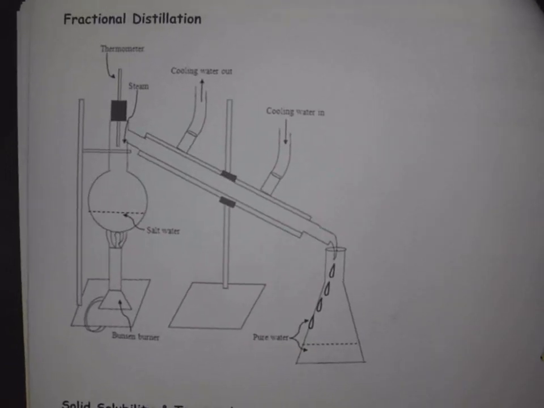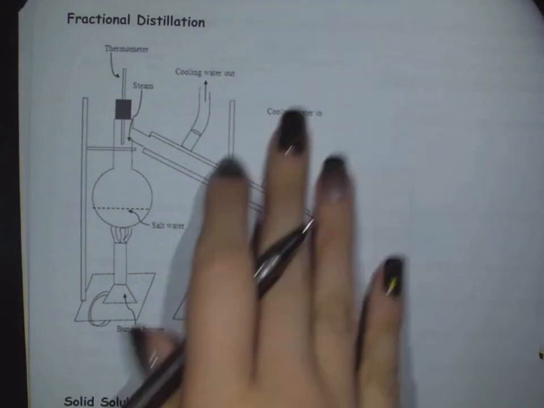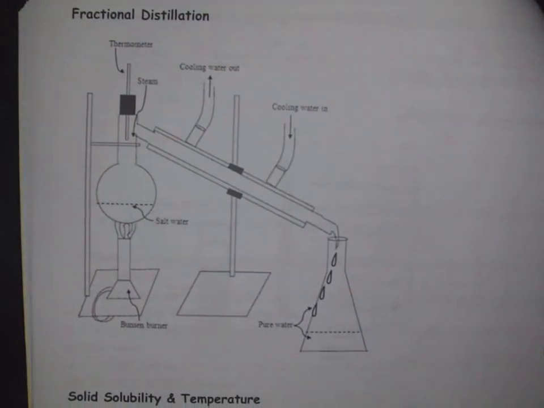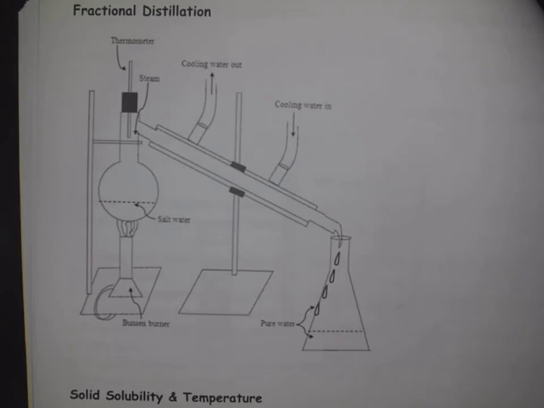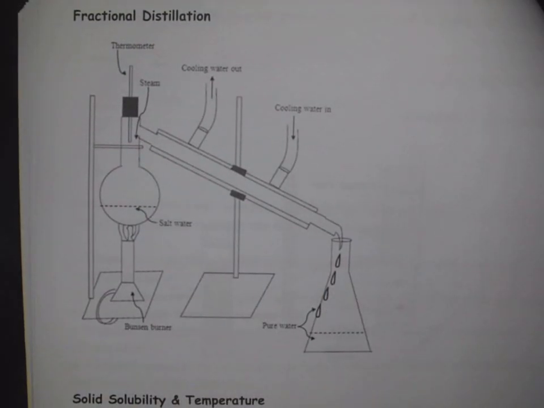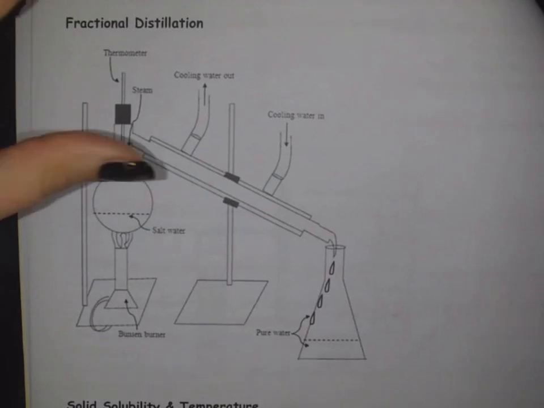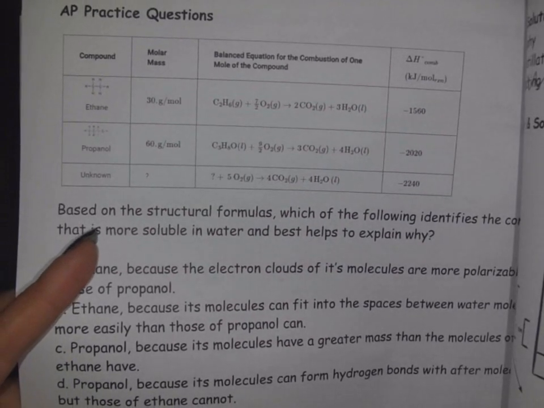The other separation technique that works well for polar versus nonpolar things, really it's strength of IMF things. We have distillation, this is such a fancy apparatus. We can simply boil something off, boil it at a different temperature, and that's also distillation. But if we then want to catch it, this is how you would condense it back to a liquid, okay? So if I have two things that have different IMF strengths, that would mean that they have different boiling points,